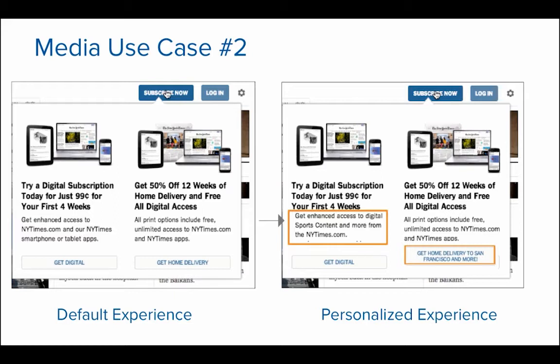This then, coupled with an existing condition optimized, it becomes an even more powerful use case that we visited briefly earlier. In this case, we're using the user's location, and we've identified it as San Francisco, can be added to the main call to action button. And so instead of just saying get home delivery, you now have the ability to say get home delivery to San Francisco. So as you can see, this integration provides an opportunity to offer a much more personalized experience that is more likely to have your visitors engage and uses several subtle messages that speaks to their interest.